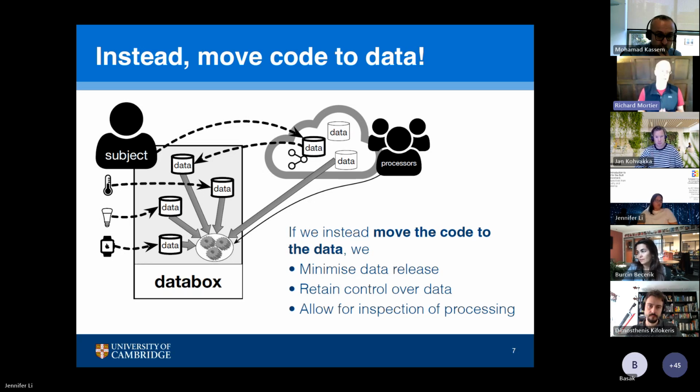It does make some applications much more challenging. You have to think a lot more carefully as somebody writing that code about exactly what data access you need and when, and at which points in the computation you're carrying out do you need to bring results together and bring data from multiple sources together. So it makes that a bit more complex, but it does enable this much greater control of what's done with the data.